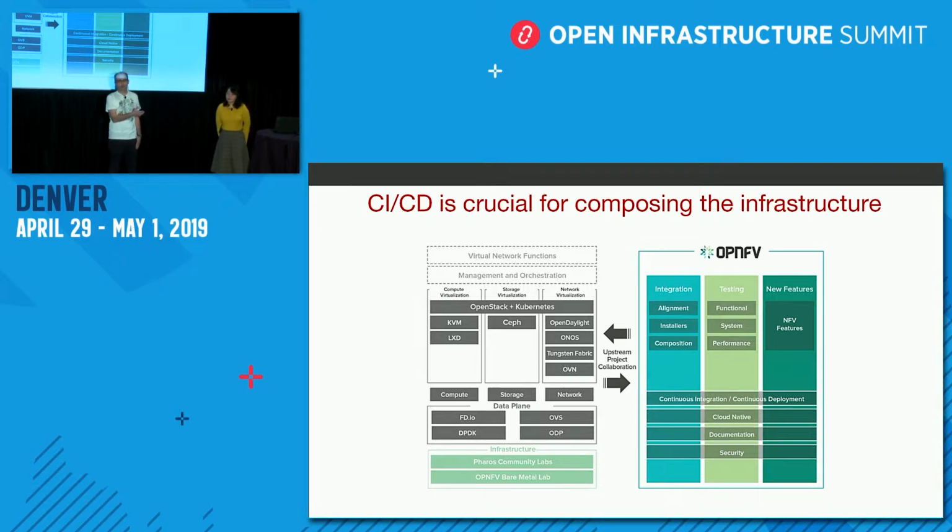Like from OpenStack community, we get Tempest test case. From OpenDaylight community, we get Rally Robot test cases. And we put them together because we are testing OpenStack and OpenDaylight integration, for example. And just using OpenStack test cases or OpenStack frameworks will not tell us if that integration to the stack works. So we need to run OpenDaylight test case in that case as well. And again, reiterating the point I made before, we can't do these things manually. We have to have automation in place.